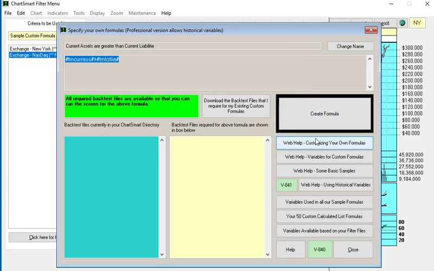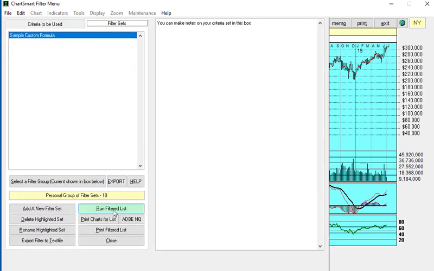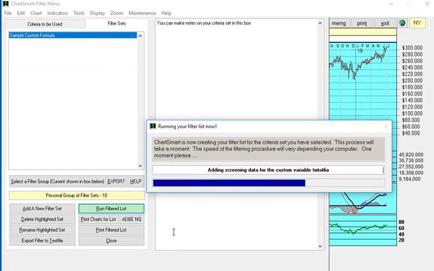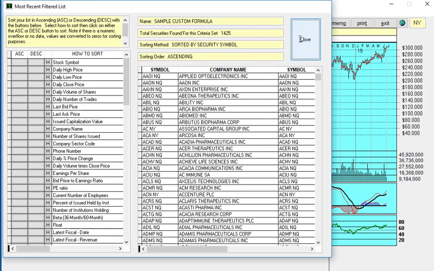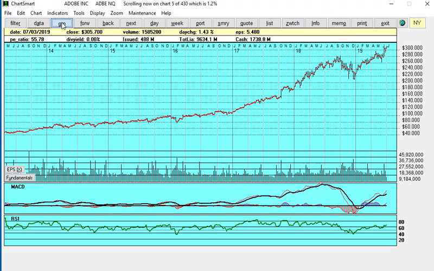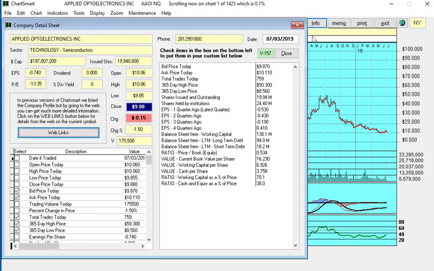And if I were to run this, okay, and it's put it over here, you remember there'd be about 1,000, but I've run this, and what I want to show you is there's 1,425 companies. I'm going to go back to the charts and look at just one of them, and I'm going to look at the current assets. There's the total liabilities right here, 165. If I go to the info button, if we can find the current assets on here,